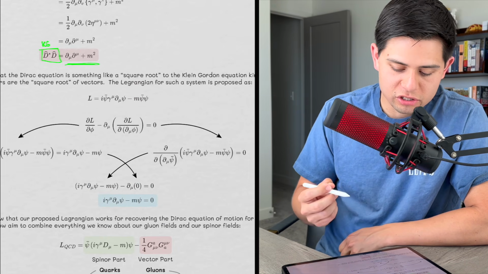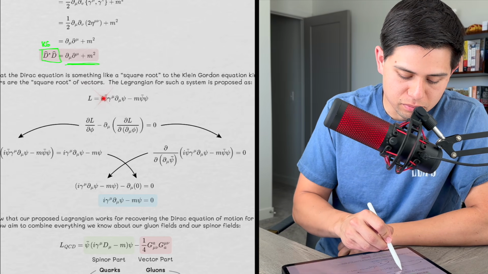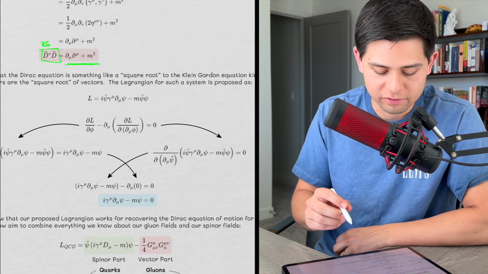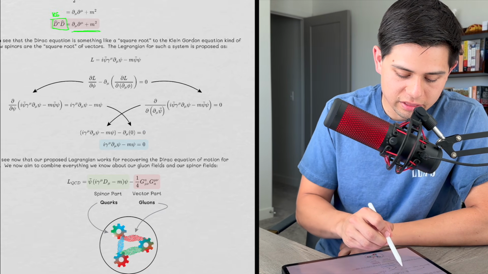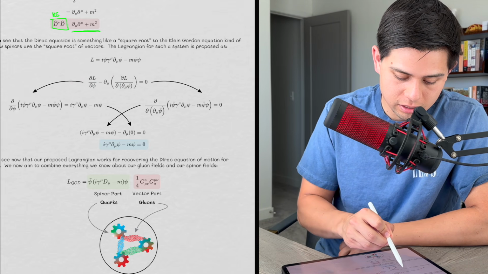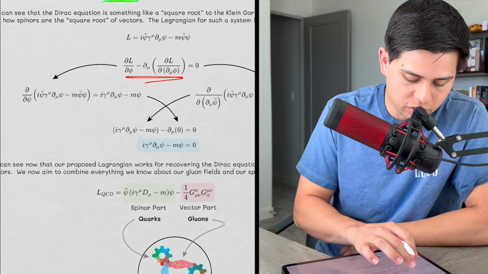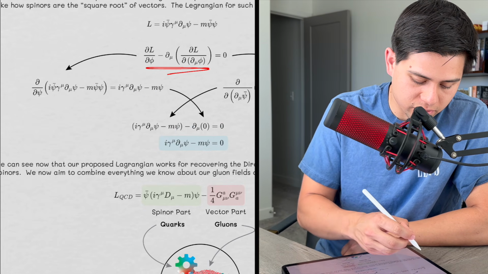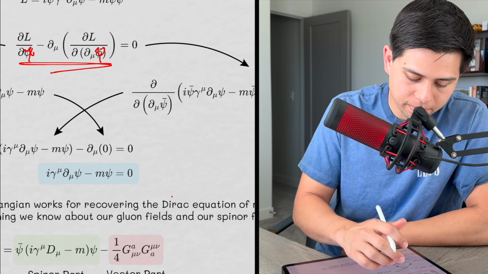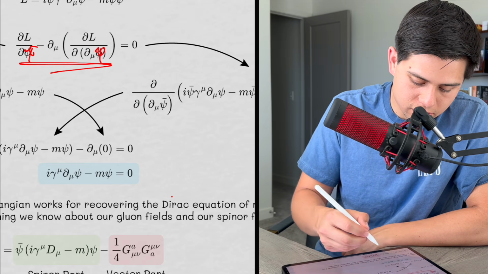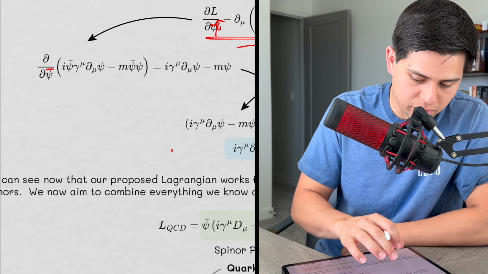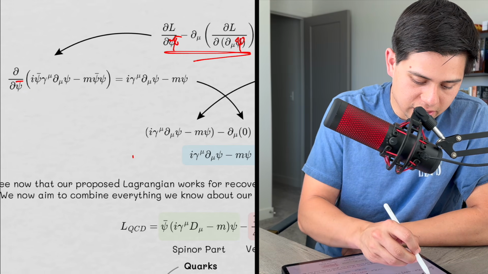So the Lagrangian for such a system is now proposed in this way, right? Where we have the psi bars on the left side and psi on the right side. We can apply the Euler-Lagrange equations, right? So the Euler-Lagrange equations are going to be this guy right here. So the derivative of L with respect to psi bar, we'll call this psi, and we'll call this guy psi also. Psi bar, right? I think I need to make this a psi bar. This becomes a psi bar. And this is just, right,